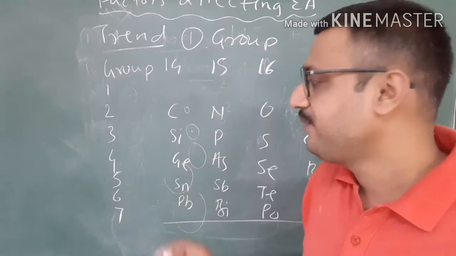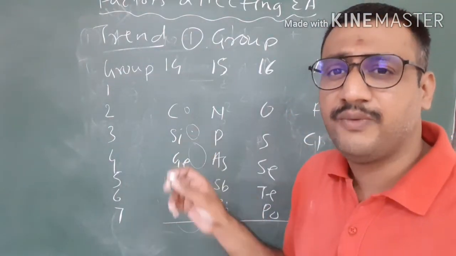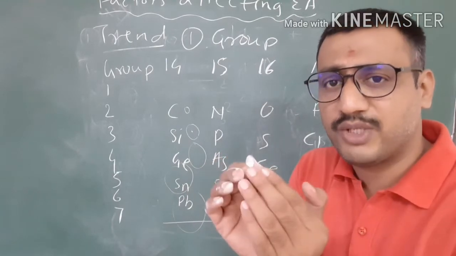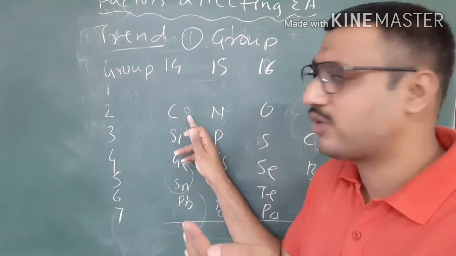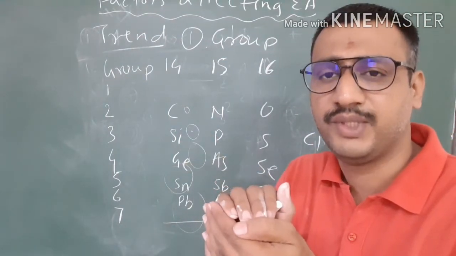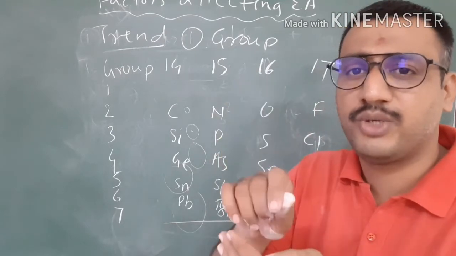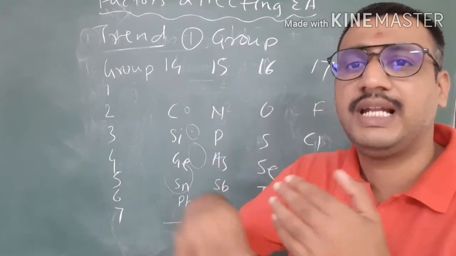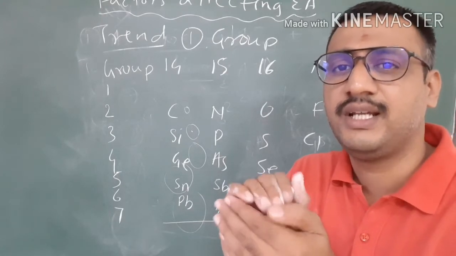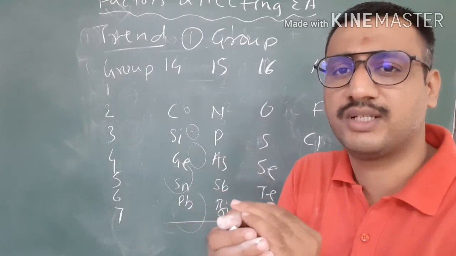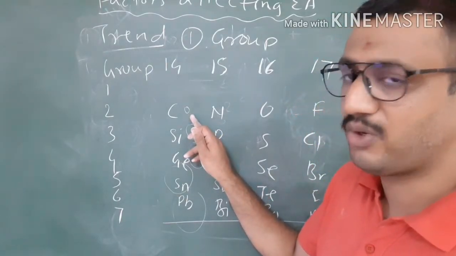The answer is, carbon consists of a total of 2 shells. When we are putting an electron in its outermost shell, there are already 4 electrons in the second shell of carbon. So in the second shell, where 4 electrons are already there, we are putting one more electron. At that time what happens? Electron repulsion occurs, because these electrons are already in the second shell, and the second shell has a smaller size. So electron repulsion occurs.